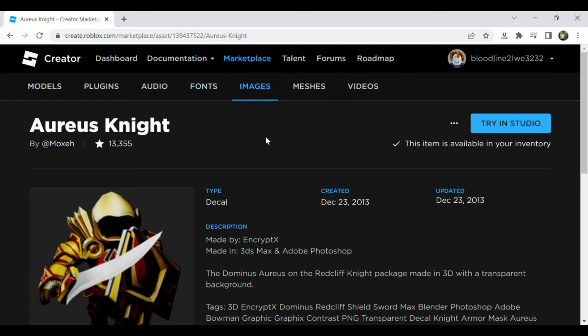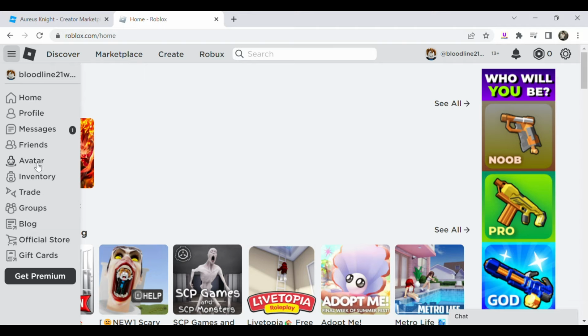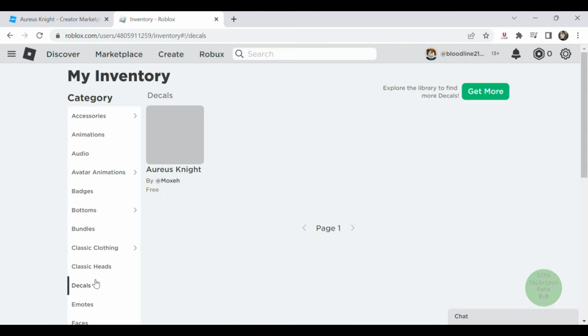And now what we are going to do now is go back to Roblox homepage. So once you are in Roblox homepage, just click this three dot icon, the top left, and go to inventory, go to decals, and here we can see the decals that we add. And now we are going to click this image,